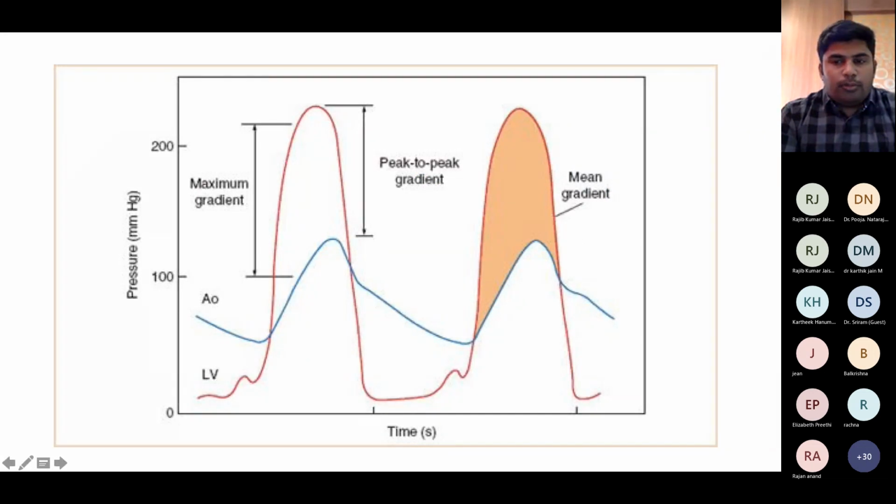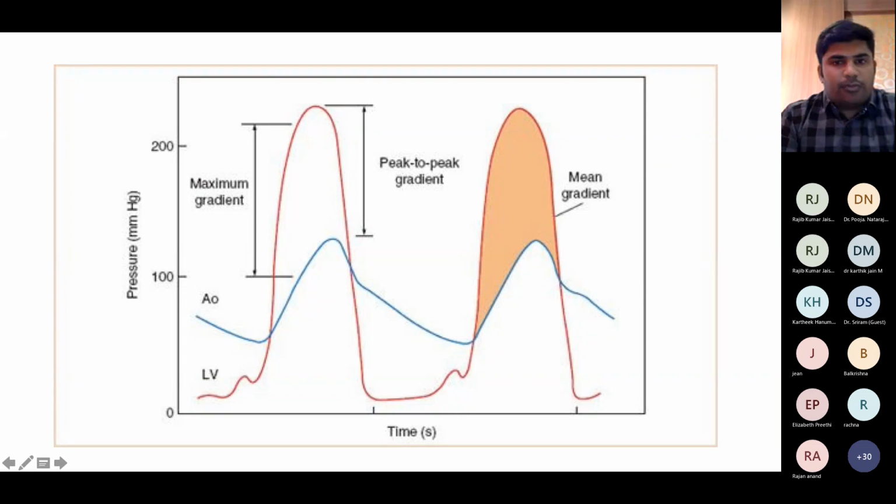Now we know how to measure a pressure difference between 2 points. The pressure we get is the relative pressure, not the absolute pressure. So it can be employed to measure the pressure gradient between any two areas. For example, in aortic stenosis, the LV pressure is more than the aortic pressure. By the time we measure the peak aortic velocity, the peak velocity in the LV is already over. So when we measure this instantaneous gradient, we won't get a peak-to-peak gradient.